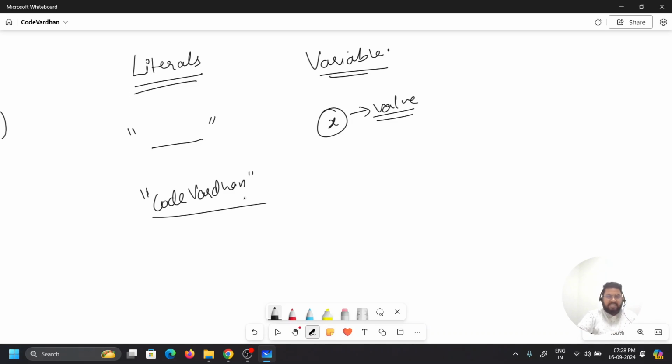It will not change anything, not even a single space or comma. It will be printed as it is. That we call literals. If you want to print any message on a program, you will use literals.